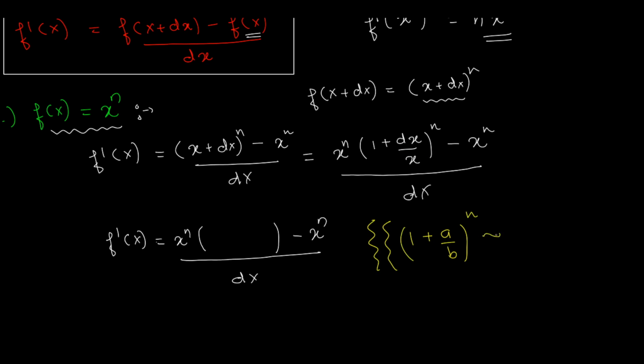This can in fact be approximately written to be equal to 1 plus n a by b, and you're done. It can be written like this. This is there in the binomial theorem, provided there is a condition though. If and only if a is very, very small compared to b. B should be very large compared to a. The numerator over here should be very small compared to the denominator there. And if that happens, you can basically write it like that.